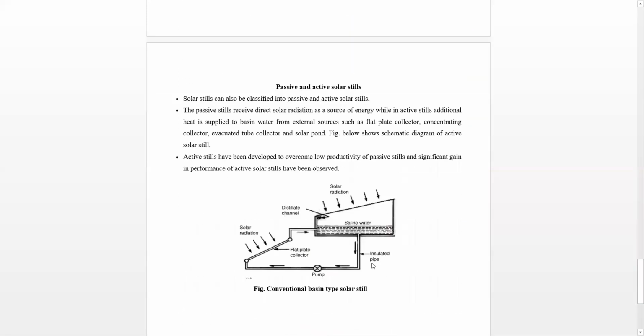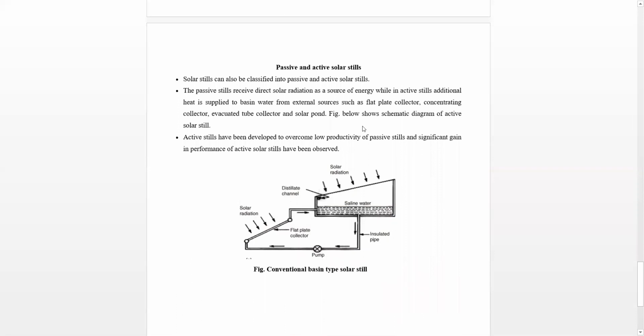Now, passive and active solar still. As I said, the solar still can also be classified into two: passive and active solar still. The passive stills receive direct solar radiation as a source of energy, while in active stills, additional heat is supplied to basin water from external sources such as flat plate collector, concentrated collector, evacuated tube collector, and solar pond. Right, so all the solar still cases that we have discussed so far are passive solar stills,